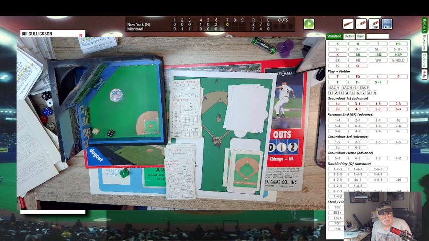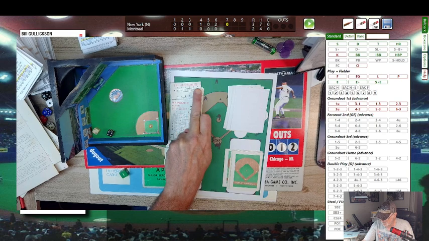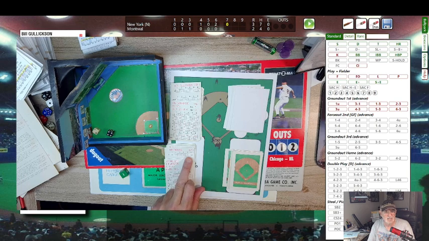It's 3-2 Mets. Mets scored 2 in the top of the sixth. We go to the top of the seventh, and the Mets are up again. It's going to be Gardner against Gullickson. I'm pushing both starters to see if I could finish. Gullickson can go 8, and after a base runner, he flips his card, and Darling can go 7. So this is probably the last inning Darling's going to go.